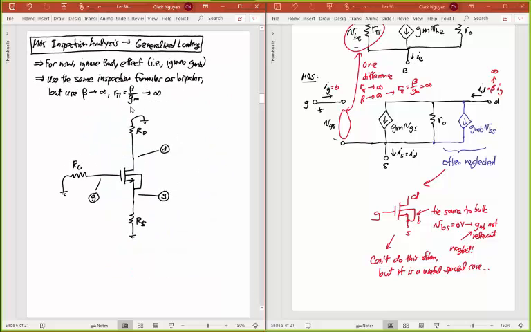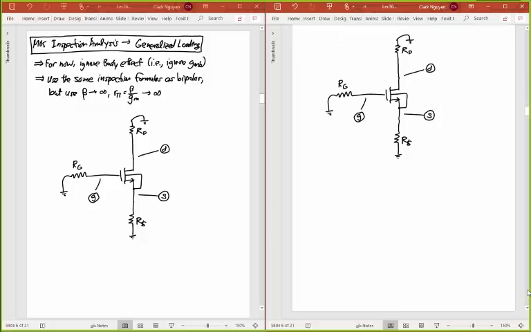And so here what I want to do is the same thing we did with bipolar transistors. I want to look at generalized loading. For now, like I said, we're going to ignore the body effect, assuming that our transistor is hooked up just as I showed, with the source tied to the bulk. And so in this case, we're going to use the same inspection formulas as bipolar, but now take beta going to infinity, which means R pi goes to infinity. In order to determine the MOS equations here, I'm just going to use the bipolar equations, outright referring to the bipolar inspection formula sheet,